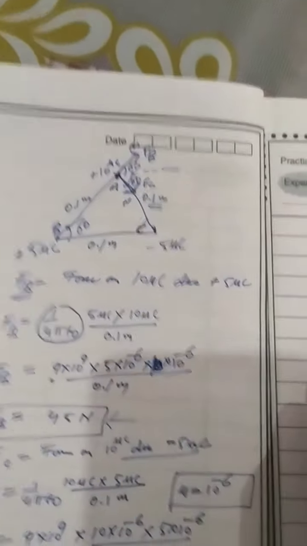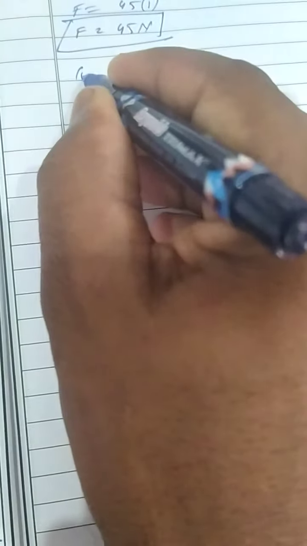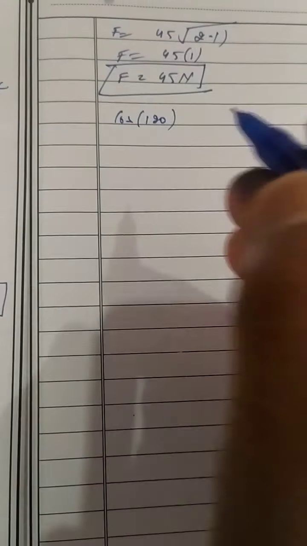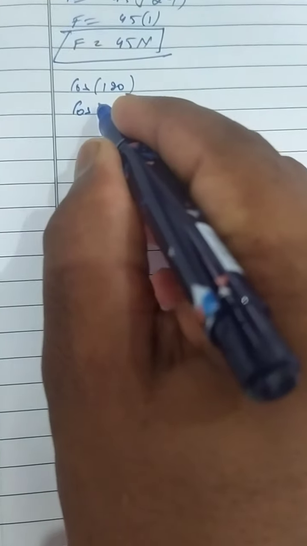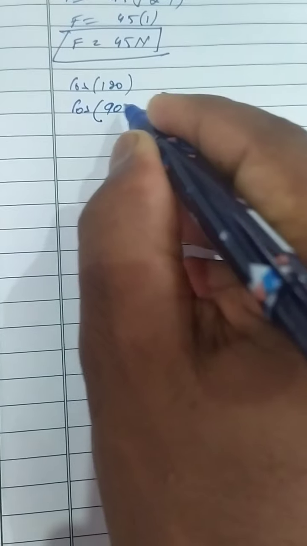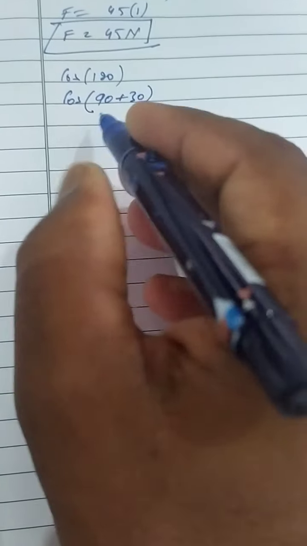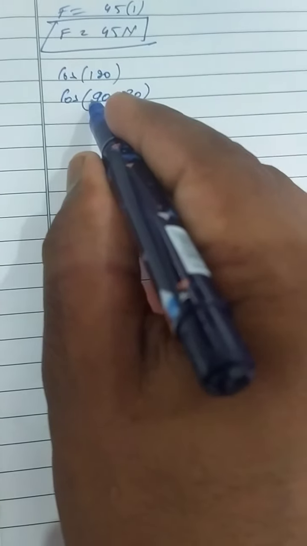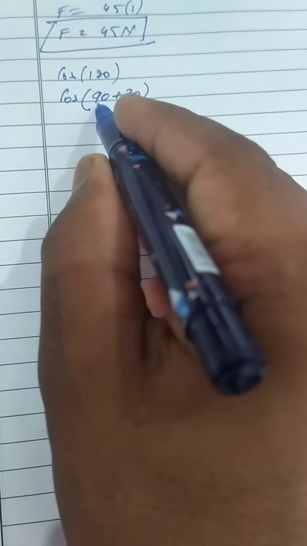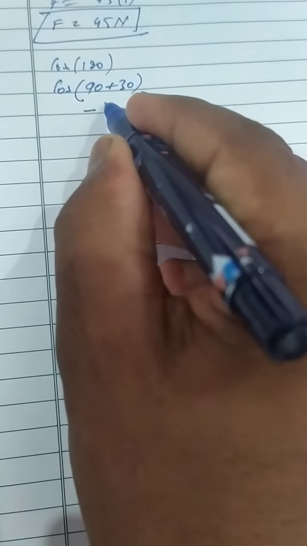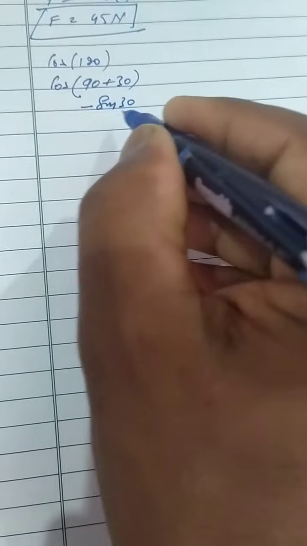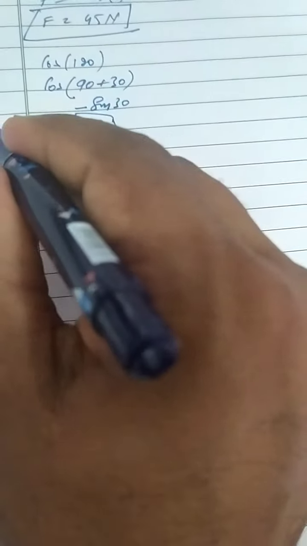And you can also find the value of cos 120 degree. How can it be found? Because we do not have the value of cos 120 degree directly, it can be taken in splitting form as 90 plus 30 degree. When 90 is there and it is in the second quadrant, it will be minus sin 30 degree, and sin 30 is 1 upon 2. In this way, the value of cos 120 degree can be calculated.